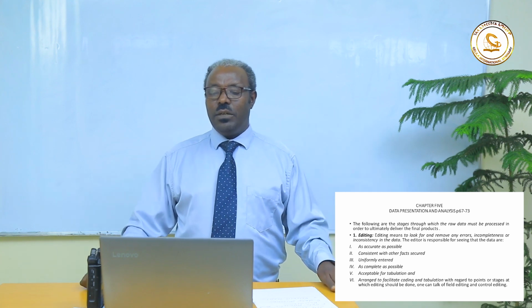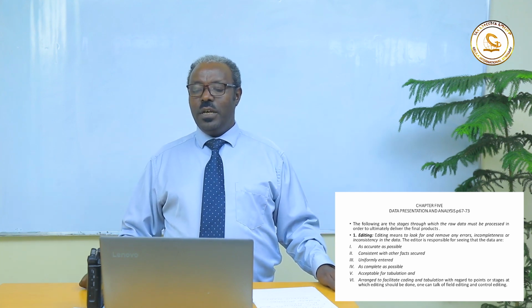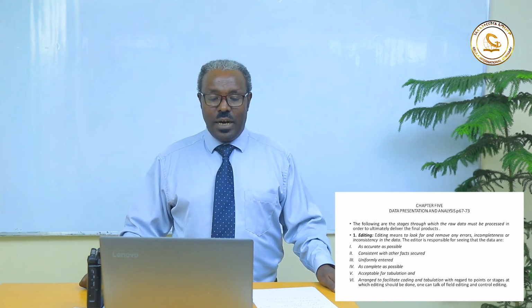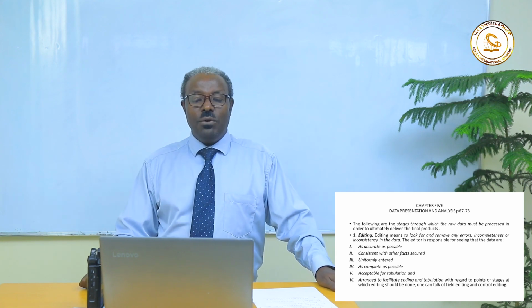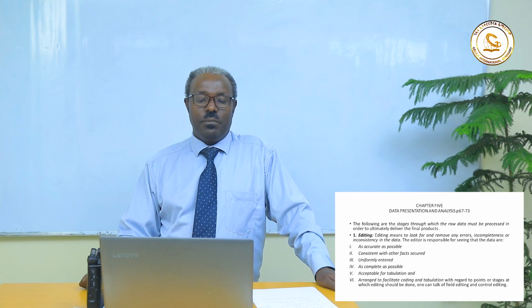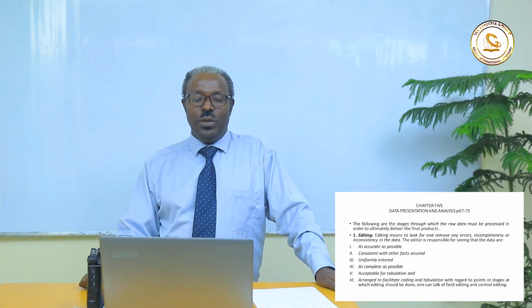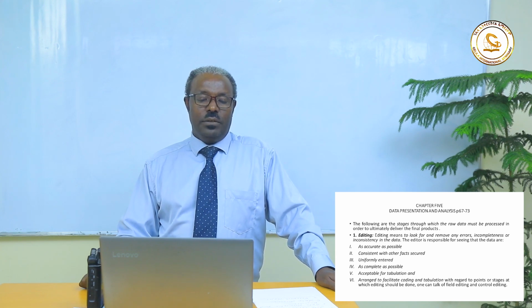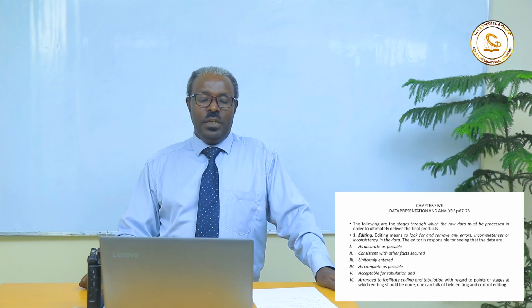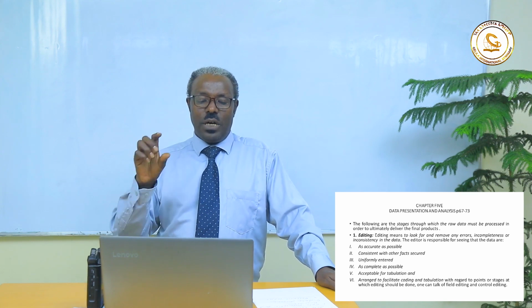The editor is responsible for seeing that the data are as accurate as possible, consistent with other facts secured, formally entered, uniformly entered, as complete as possible, acceptable for tabulation,